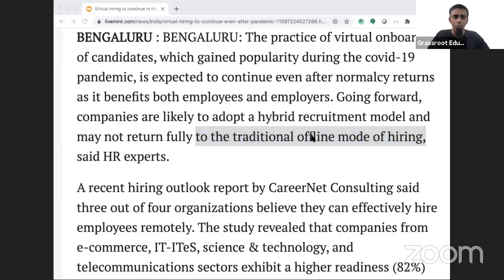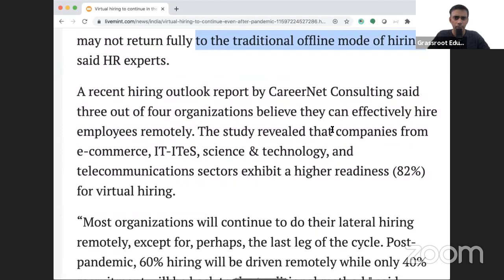Good going everyone. Let's do one more. Let's do this particular bit. Companies from e-commerce, ITES, IT enabled services, that's what this is. Science and technology. Don't say "technology," just say technology. Science and technology, and telecommunications sectors,